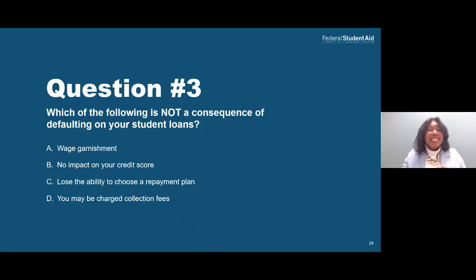Which of the following is not a consequence of defaulting on your student loan? Is it A, wage garnishment, B, no impact on your credit score, C, lose the ability to choose a repayment plan, or is it D, you may be charged collection fees?